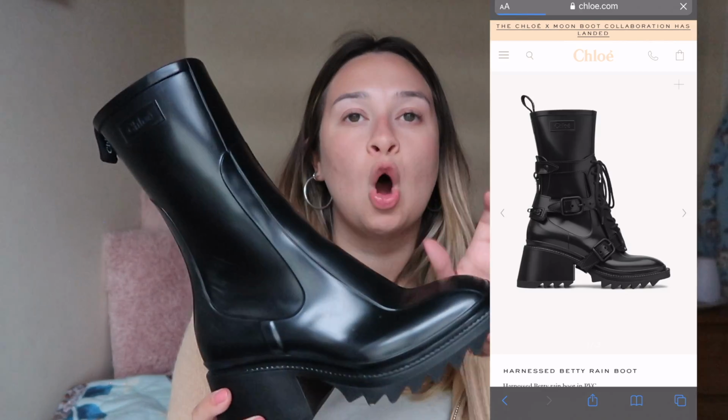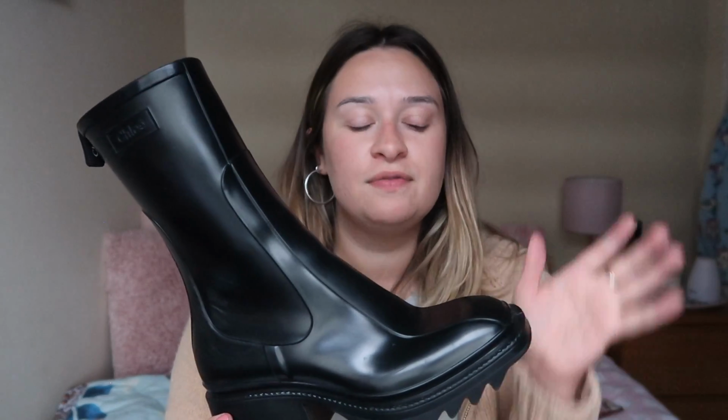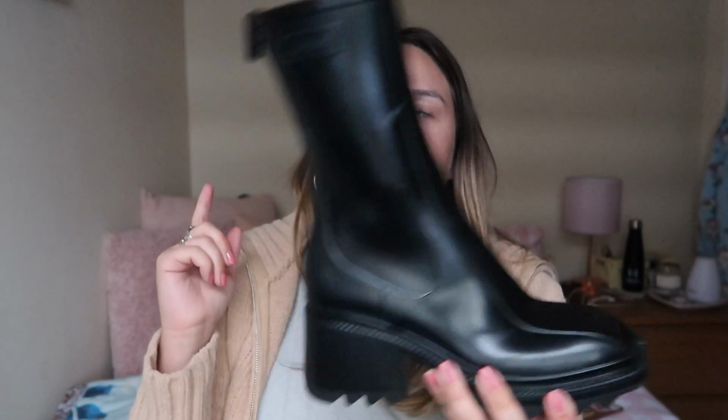So we've obviously talked quite a lot about the price point. These are £375, whereas a normal Chloe boot would probably be around 900 plus, I'd say. So you can see why I think these are more affordable. The sheepskin version I think was around £495, and I also noticed they now have a harnessed version which looks so cool, but I think they're £700, so a lot more expensive. I think they're going to be really popular for Chloe, as the lower price point products of certain brands always seem to really blow up, because you can have the designer for a lot more affordable. They are fully available on the Chloe website, and they're all sold out on Farfetch, but